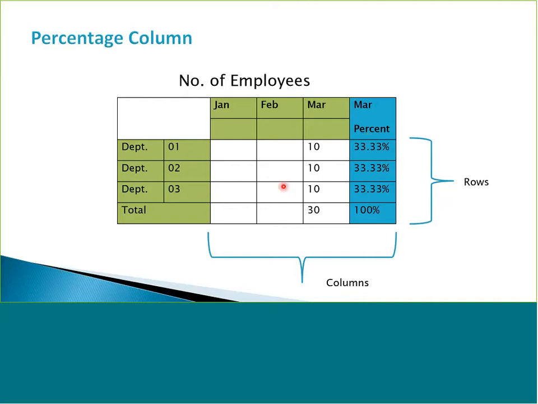All right. So for each of these rows, the total row is the denominator, right? Because we're doing 10 divided by 30, then 10 divided by 30, and 10 divided by 30. If this was 20, we would have done 20 divided by 30, and then this maybe is 5 divided by 30, and this is 5 divided by 30. So the total value row is the denominator that is used in the calculations. So the values are displayed column-wise. They're restricted in this column, but the calculations are based